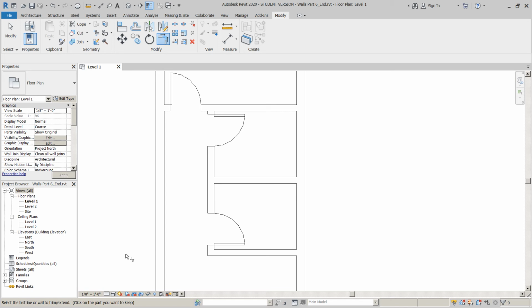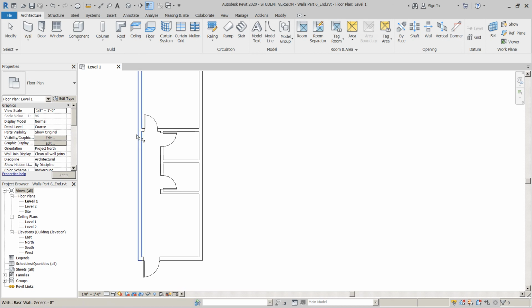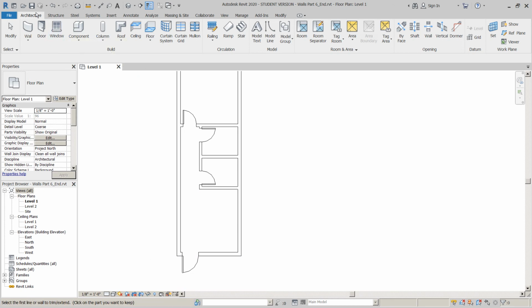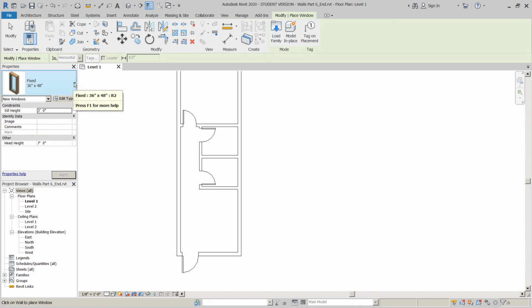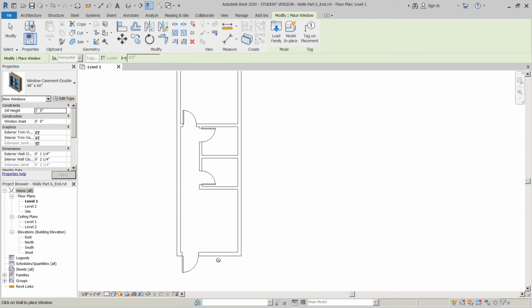So let's place a few windows into this space. I'm going to start with a window in both the front and the rear wall. So we're going to go to the Architecture tab and select Window. And once again, click on the Properties list, and you'll see once again that we have a fairly limited number of windows. We're going to start here with this window casement double, and we'll select the 48 by 60 inch, and we'll place one here